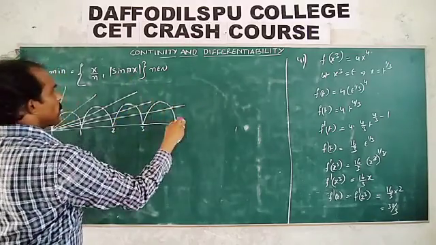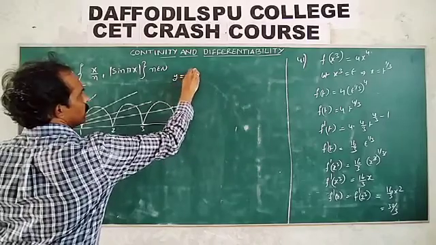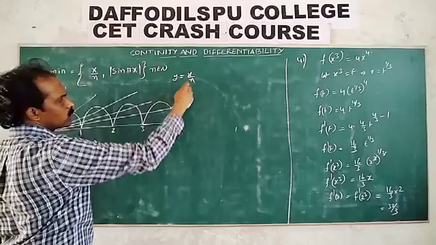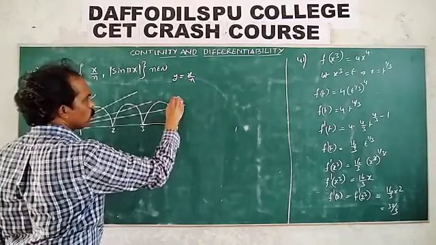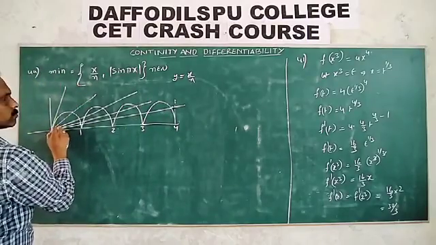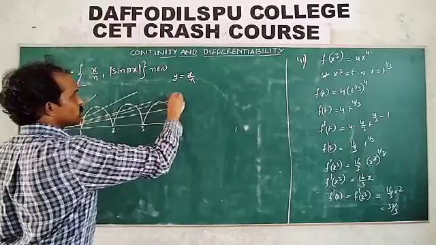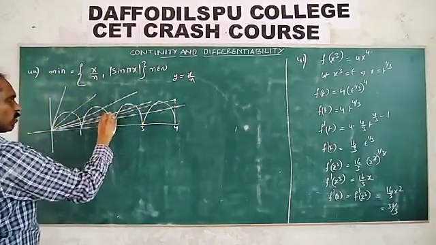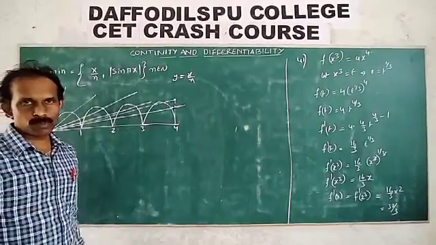For example, put y is equal to x by n. This is x by n. So 0 to 4. At what y is it equal to how much? Let this y value be equal to 1. So like this, y value is equal to 1. So here also 1, 2, 3, 4, 5, 6, 7 points. So these are all the non-differentiability points.